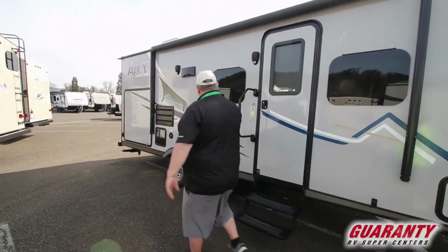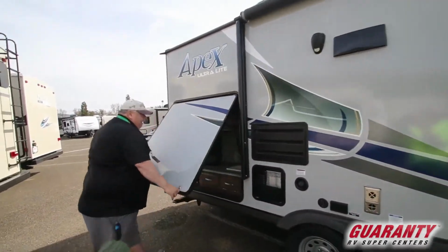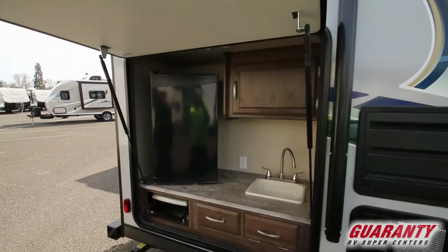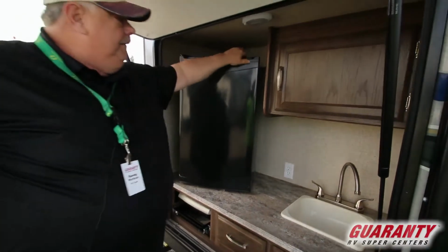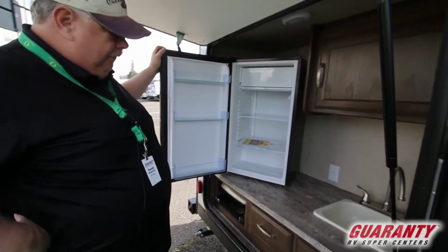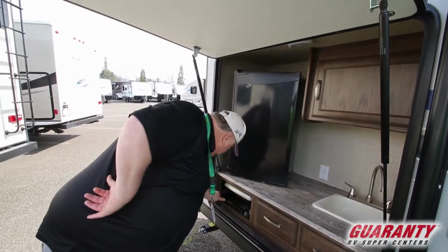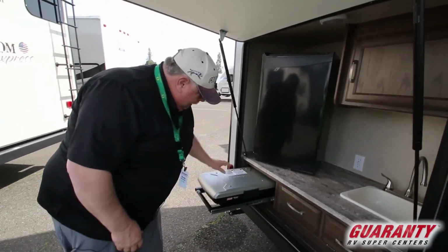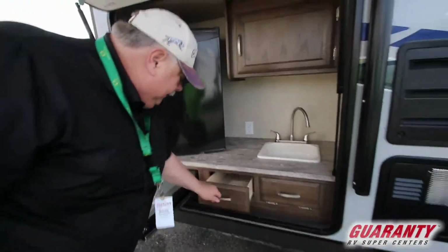Aluminum wheels, 6-gallon water, and in this model here, we have the outside kitchen. So you got a little electric 3 cubic foot refrigerator, which will hold enough stuff for the kids, beverages, beer, cold water, ice, Capri Sun, a little small freezer. It's a nice little layout. It's got a little pull-out cook stove here. There's a snap for a travel lock that you undo and pull out. And you have a little Coleman cooker, along with hot and cold water, place for utensils and stuff to store,